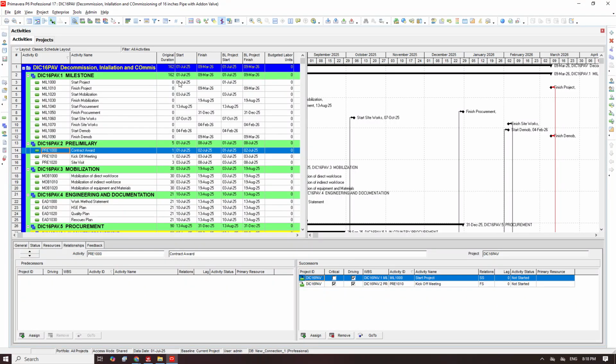Now, there is a limitation. The limitation is, what if you have started progressing this project? When we say progressing a project, we mean you have started reporting this project. You have sent out your first report or your second report, or even the project has been going on since last year. And now you are asked to move the date forward, which in a real situation can happen, but mostly it is a project that has started,